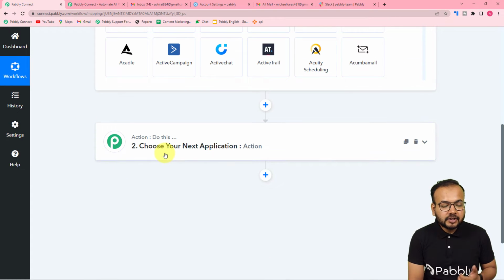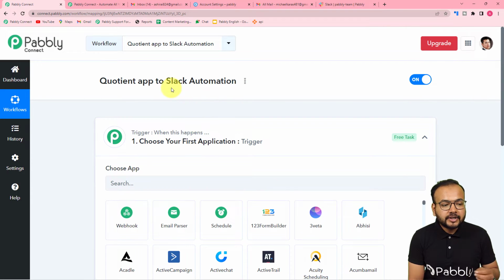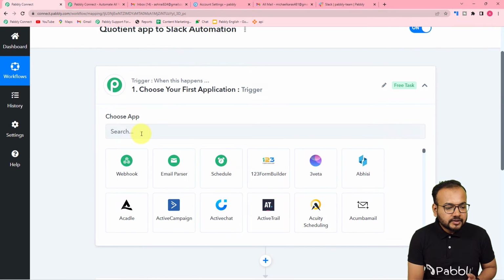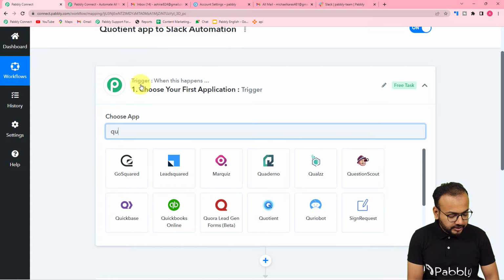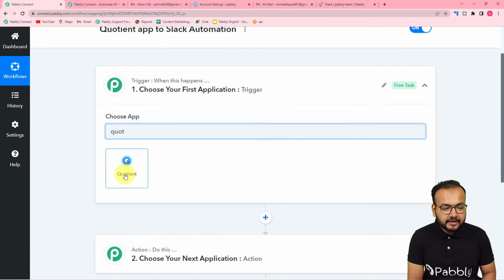Okay, and the action would be the consequence or the response to the trigger. So in our use case, the action would be to send a message to your team or to yourself on a Slack channel. First of all, you have to select the trigger application, which is Quotient. Here it is selected,